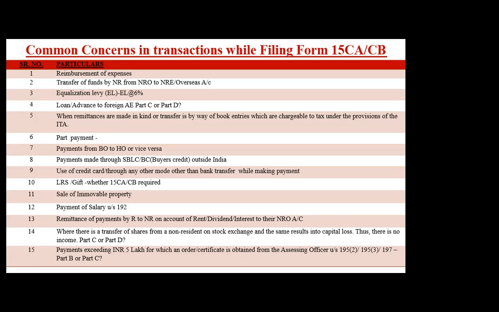So gift to a relative, we have again two things. Gift to a relative, if going through LRS under FEMA, the definition of relative is different. It is taking the definition of Companies Act. Gift to a relative in income tax is different. The definition of relative is different in the Income Tax Act. So far as FEMA is concerned, it is allowable; 15CBCA, you don't need to issue a 15CA, because that is in the list and LRS is exempt.